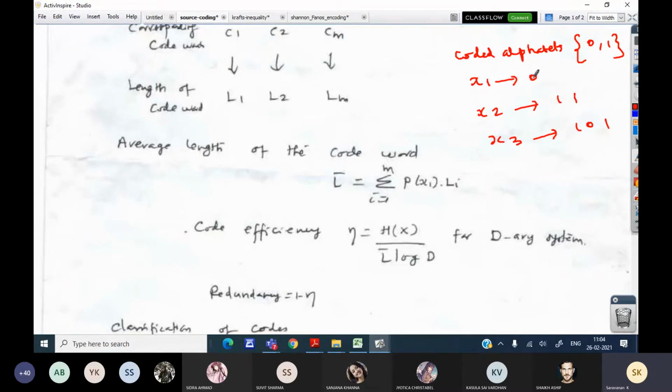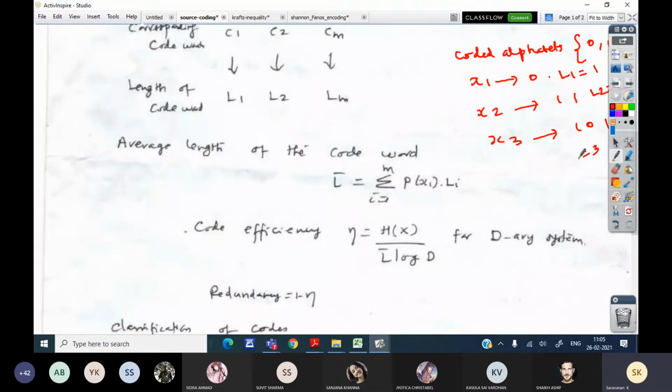This is my code one, c1, c2, c3 corresponding to x1, x2, x3. Instead of sending x1, x2, x3, I send these code words. The length of the first code word is 1, so L1 is 1, the second is 2, and the third is 3.